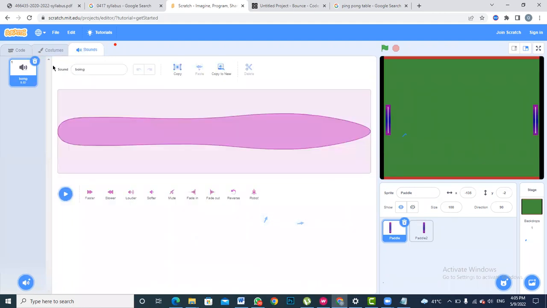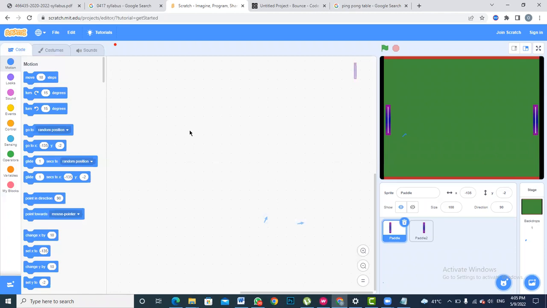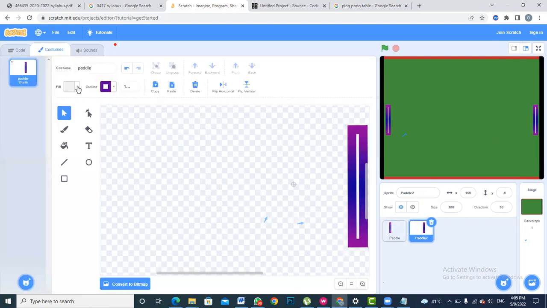After choosing these paddles, what we need to do now is tell where these paddles would be when we start the game. So this is paddle 1. We need to make sure that we have selected the right paddle. We can change the paddle colors if we want as well. I will change the color of the other paddle so that it